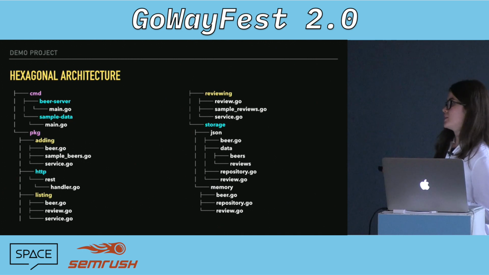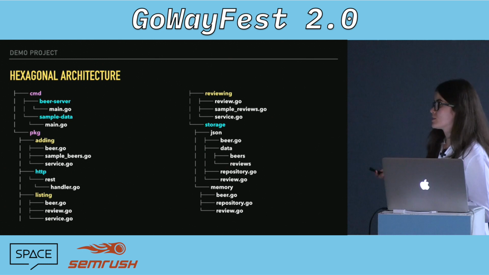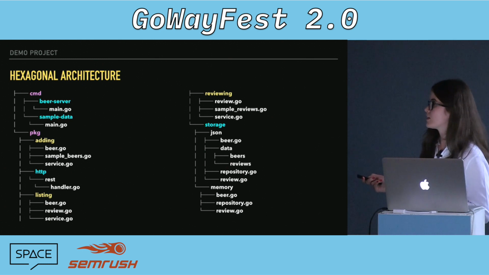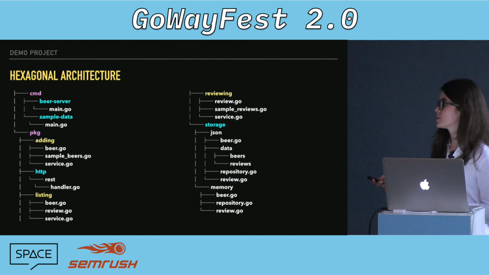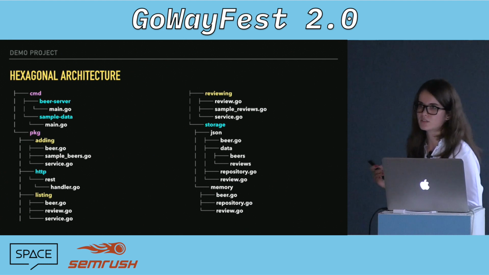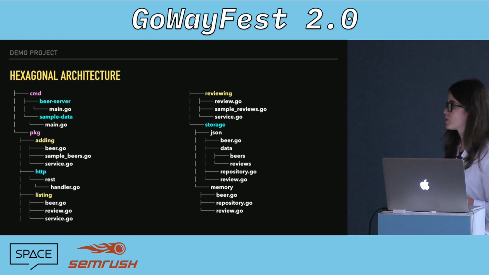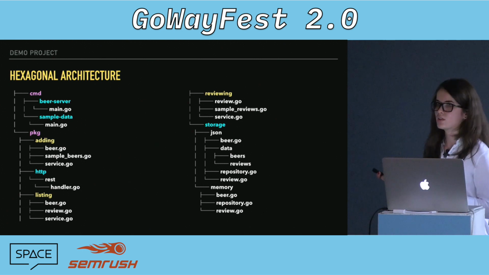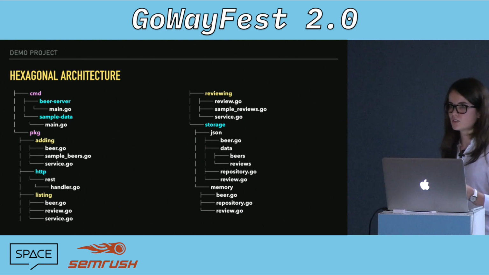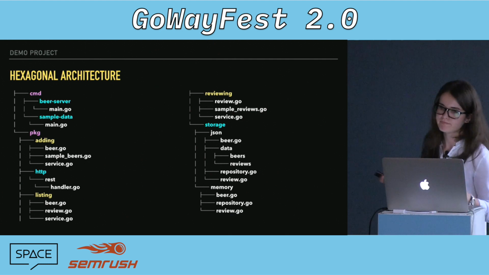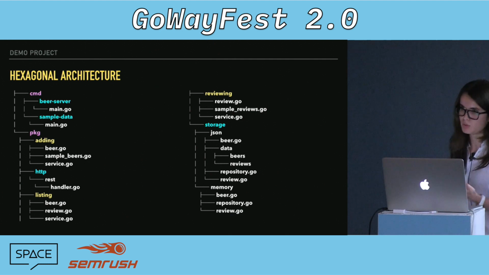The side benefit of separating your binaries is that I was able to separate the adding of sample data and the actual beer servers into their own binaries, so I can run them independently. Another problem solved. A further benefit is that you now control the name of your runnable binary a bit better, because if you do go install or go build, it will end up having the name of the package that you give here. So that's a nice side bonus.